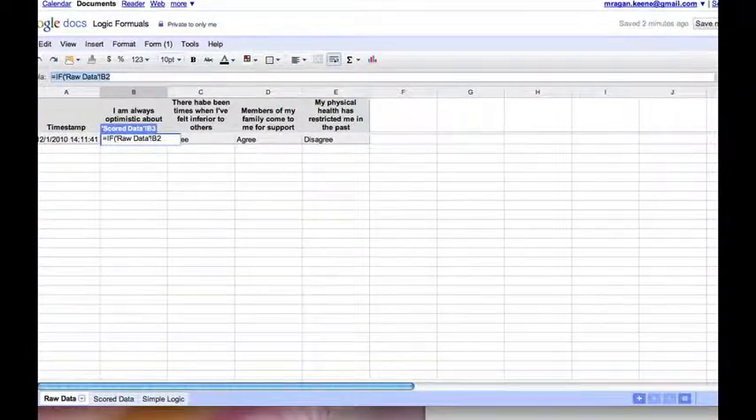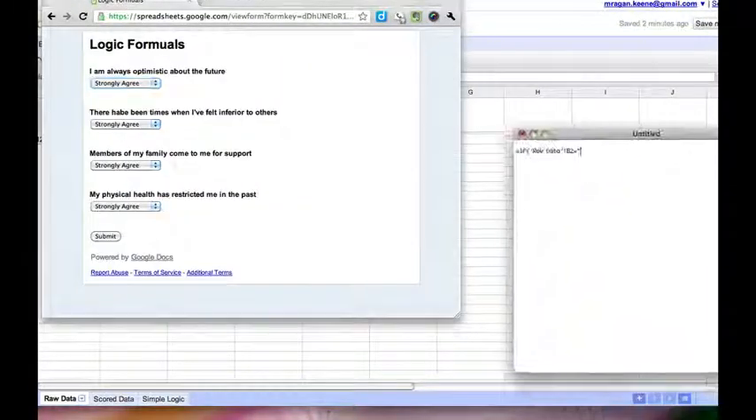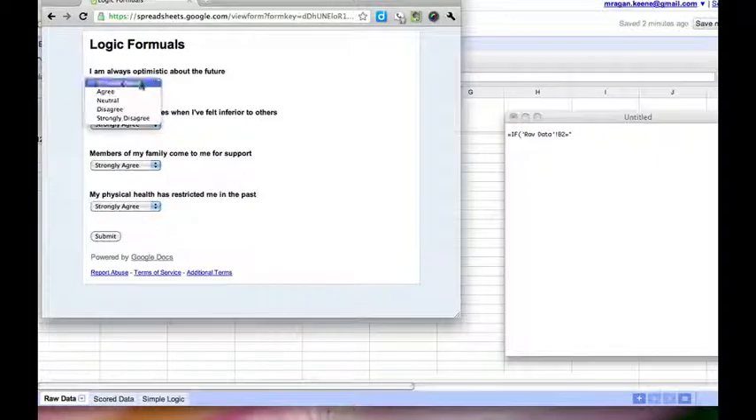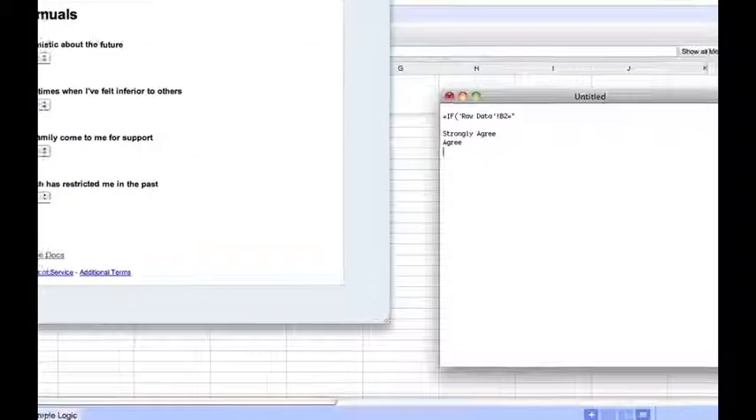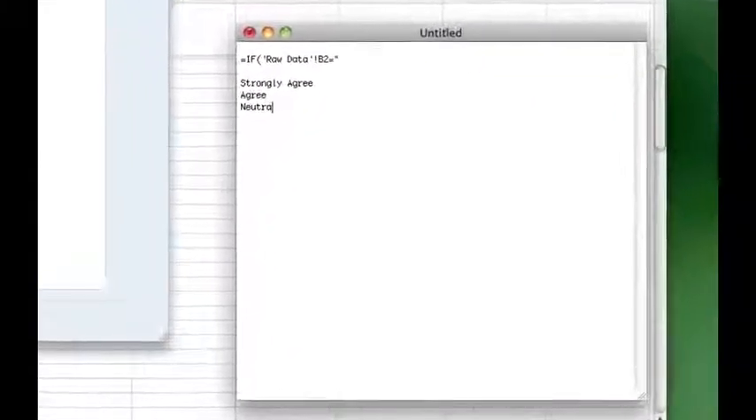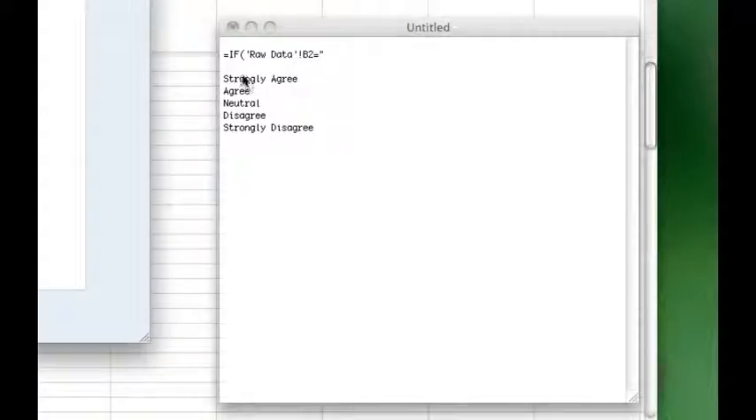So back on our survey page here, we can see that I said strongly agree, agree, neutral, disagree, strongly disagree. So I'm going to come down here and I'm going to write all of those out. Strongly agree, agree, neutral, disagree, strongly disagree. So now that I've copied down all the terms that I used here from my survey,